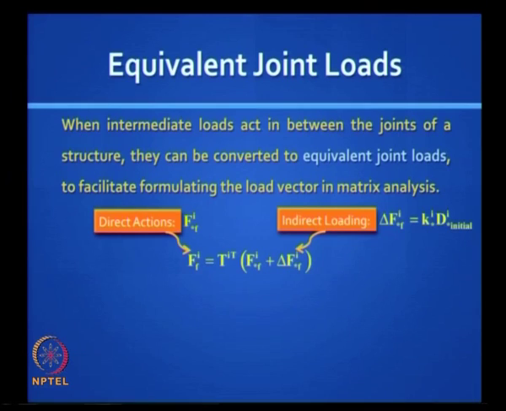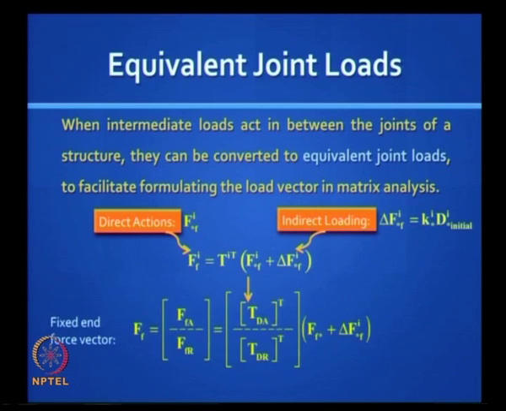So add up all your element fixed end forces, apply the transformation in the reverse direction so that you go back to the fixed end forces, and then you can generate the fixed end force vector for the structure by assembling it in some appropriate way. You will realize some fixed end forces come to the active degrees of freedom, they are going to be your loads, and some will pile on to the restrained degrees of freedom, they will add on to your reactions.